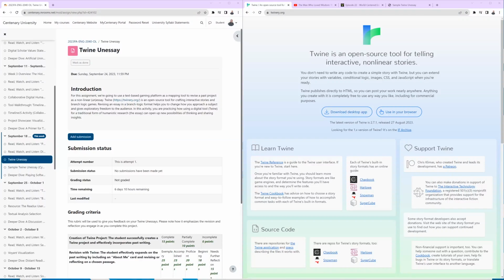Welcome to the tool walkthrough video on Twine, an open source tool for creating branch logic games and telling nonlinear stories. What we'll do in this video is we'll go over the instructions and then step by step show you how to use Twine to make your own essay. Then we'll look at an example, and at the end, we'll conclude with looking at the grading criteria and the